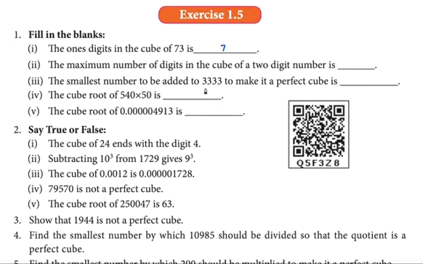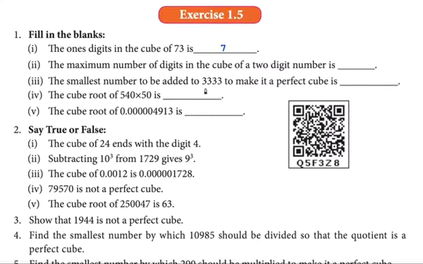Above 3000 means the number must be, say, 20. 20 20 20. How much? 400. 4000 into 2, 8000, not 20. So 10 into 10 into 10 is 1000, so it must be greater than 10.